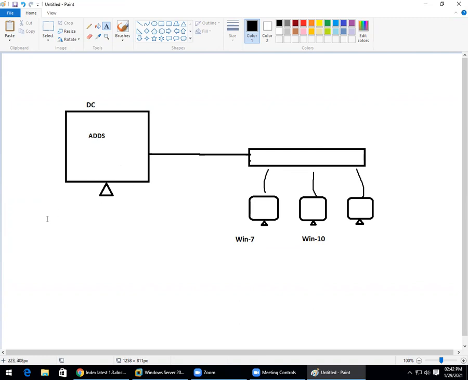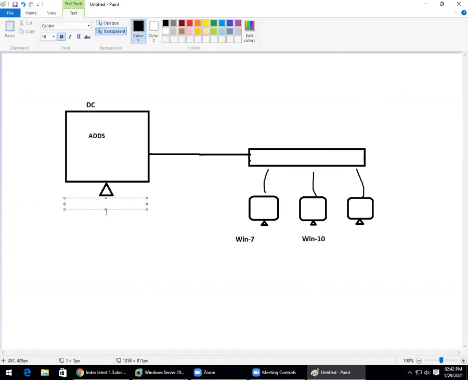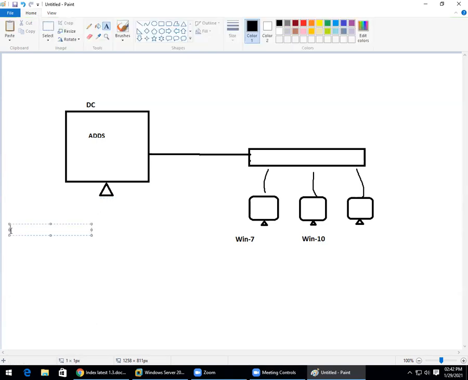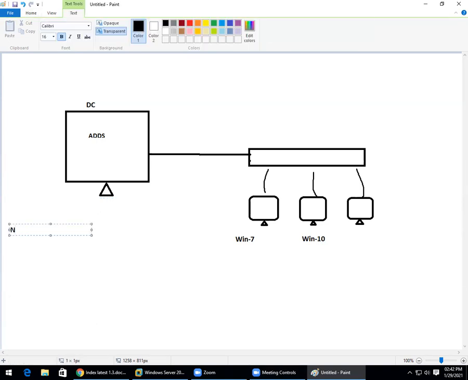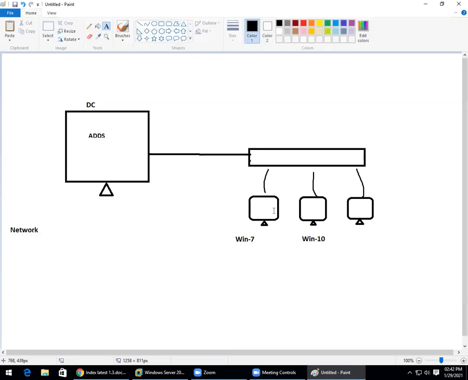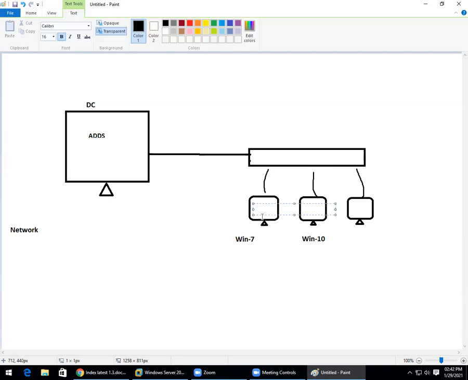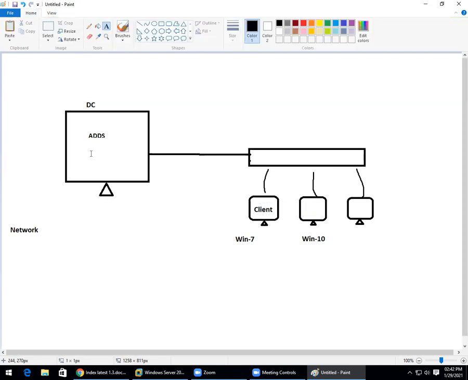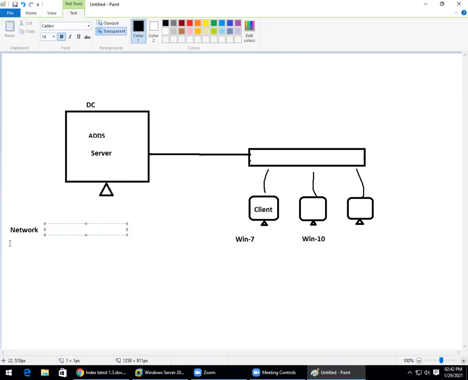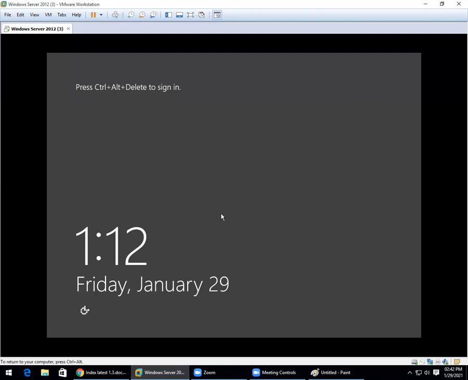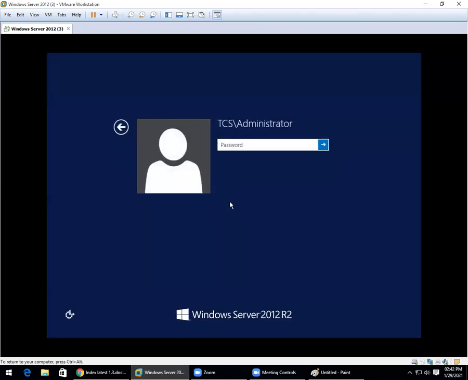So what will be my next job? What is the IP address that we are going to take here? First, we have to check the network between the server and the client. This is my client PC and this is my server. First we see the communication between the PCs, server and client. How do you check the communication? We have to check the IP address of this computer.